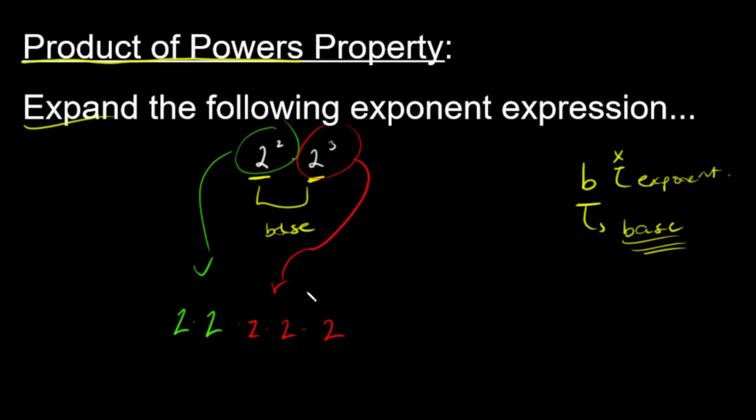So what you end up with is 2 times itself 1, 2, 3, 4, 5 times. 2 to the fifth power. And if you look, you can see a connection between the exponents that we start with and the exponent we end with. So, what is that relationship? Well, that's what this property shows. That is to say that if you have common bases raised to exponents, where you are multiplying the bases together,